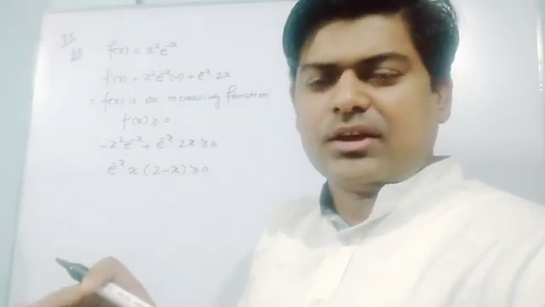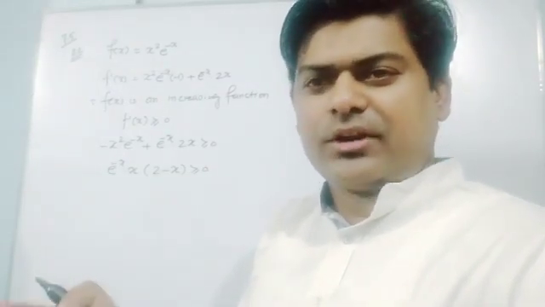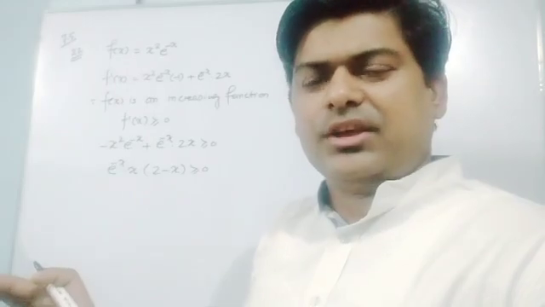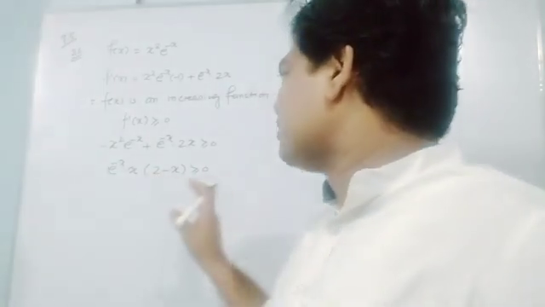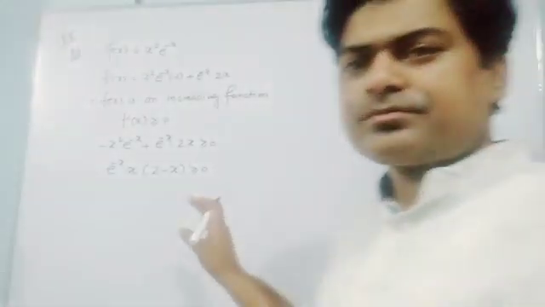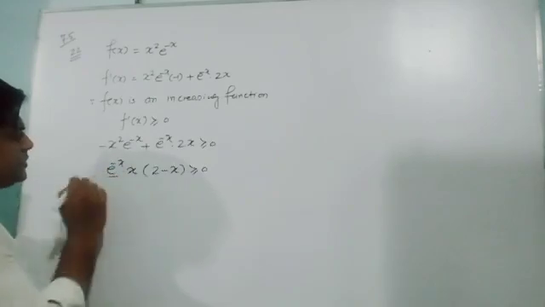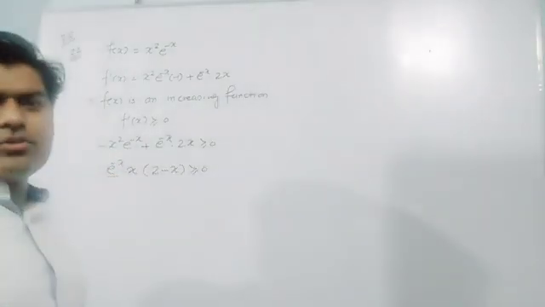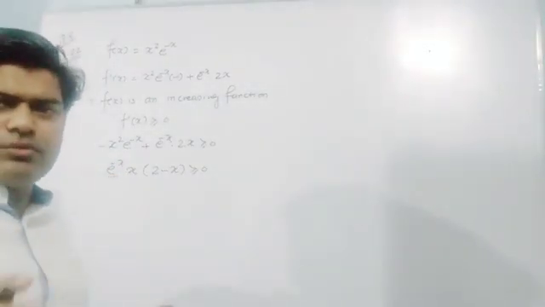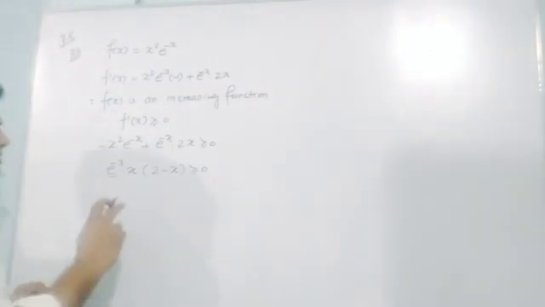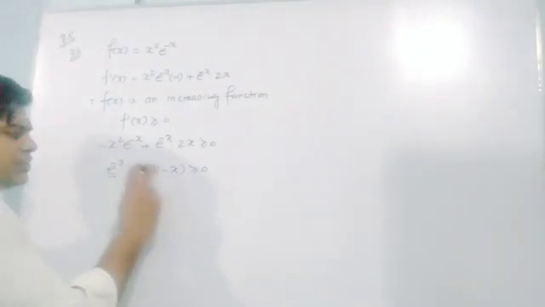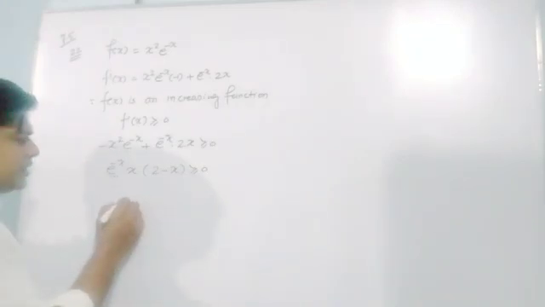So you need not be confused about it. You should be very careful for all these points. Now you can see here what I am thinking: this e to the power minus x will always be positive for each and every value of x, but this one and this one, I can take here